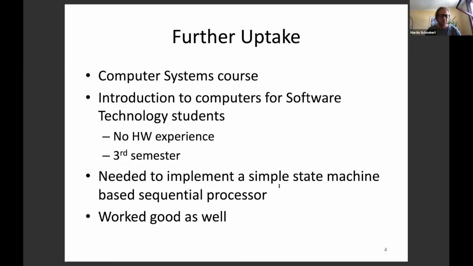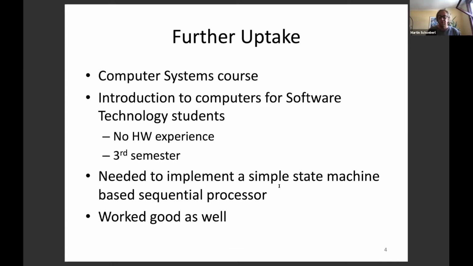But anyway, further uptake, actually there's a computer systems course. This is third semester, I think, yes. Introduction to computer architecture and everything, all this basic stuff to software technology students. So this is a completely different bunch of students. These are software guys learning a little bit how a computer works. They have no hardware experience at all. They learn what a gate is, what a transistor is in that course.